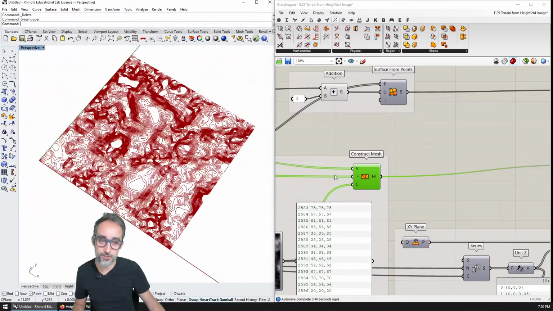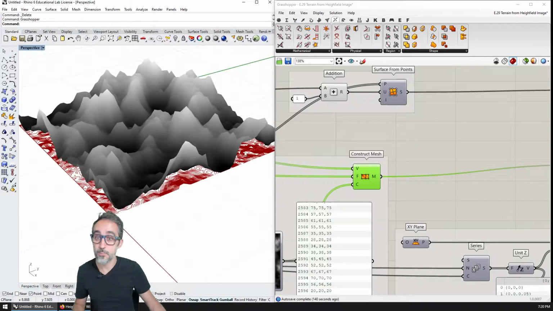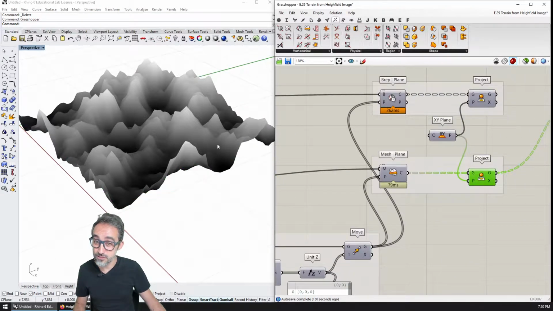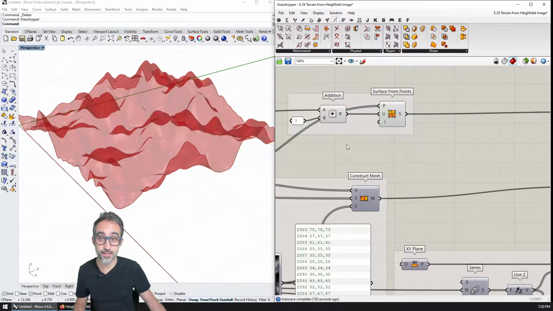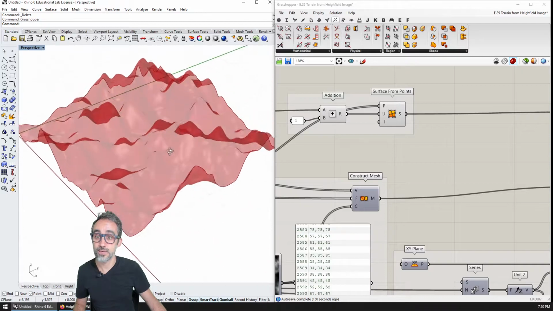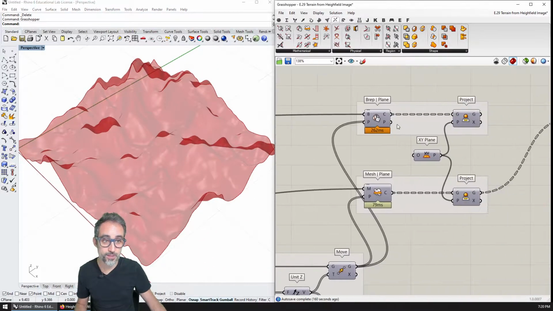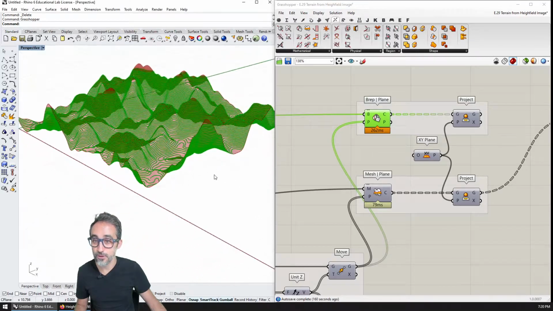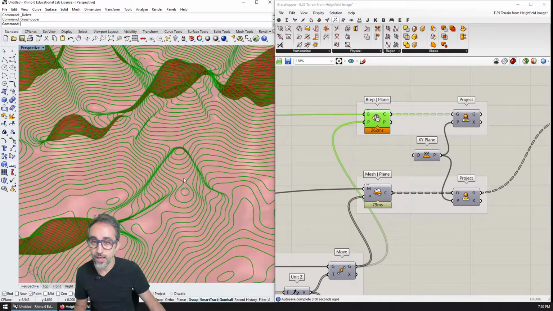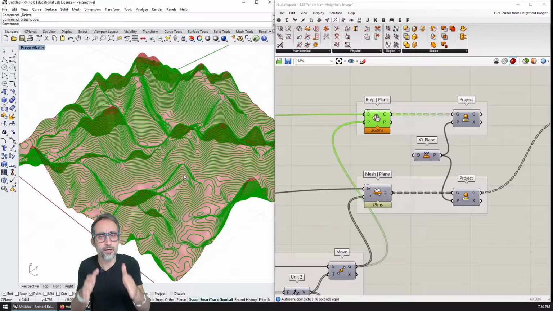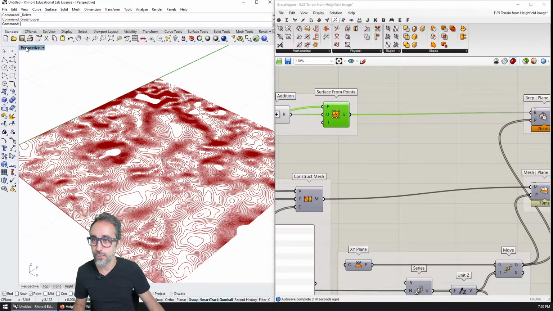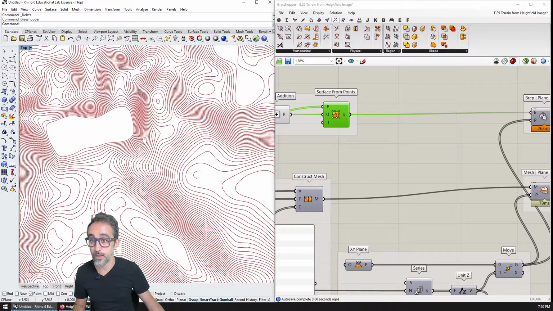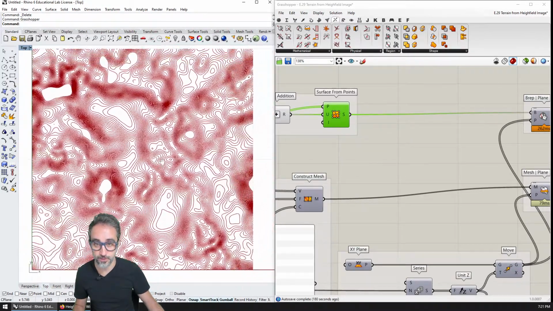Now we're going to do this with meshes because it's very interesting, it looks 3D, but for the isocurves part, the definition of the curves are not going to be great. So for that, I'm actually going to switch to creating this terrain also with a NURBS surface, so that when I do the intersection, the curves are much smoother and they look way more natural, because we're not cutting triangles, we're cutting an actual NURBS surface. And therefore, when I project that to the XY plane, it looks like a real topographical map, which is going to be super interesting. Okay?